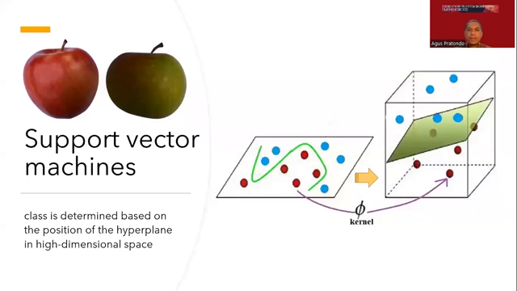Another classification algorithm that is quite popular is the support vector machine, or SVM. In the SVM, data is classified based on a hyperplane. Unfortunately, creating a hyperplane in a low-dimensional space is often quite difficult. Therefore, a function that transforms data from a low-dimensional space to a high-dimensional space is required. This transformation function is often known as kernel. Different kernels will produce different accuracy results. In our experiment, these kernels are linear, polynomial, and radial basis function.